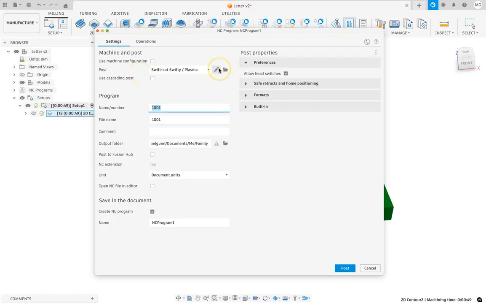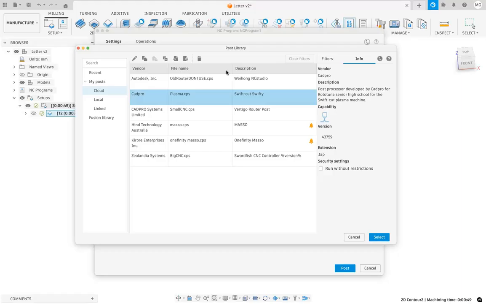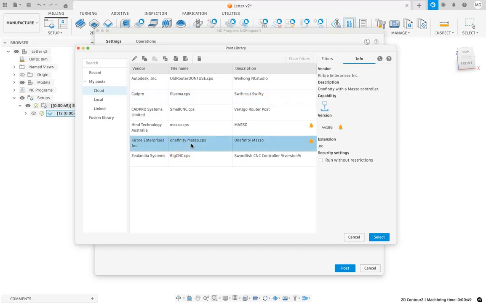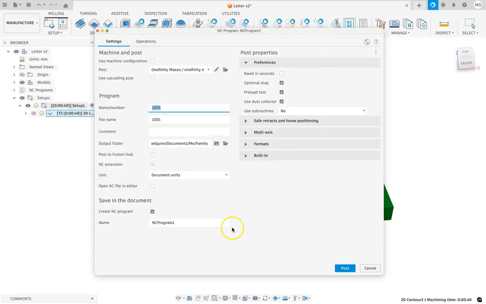So in order to do that, what we need to do is we click on the little folder there, and we want to click on this little button here. So we're looking for Onefinity Masso, and then we go select, and